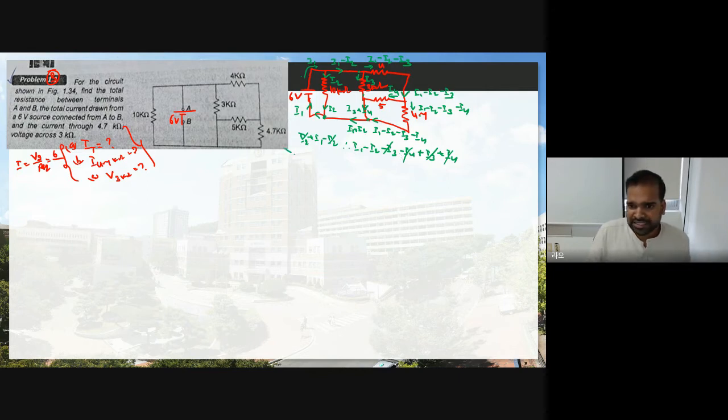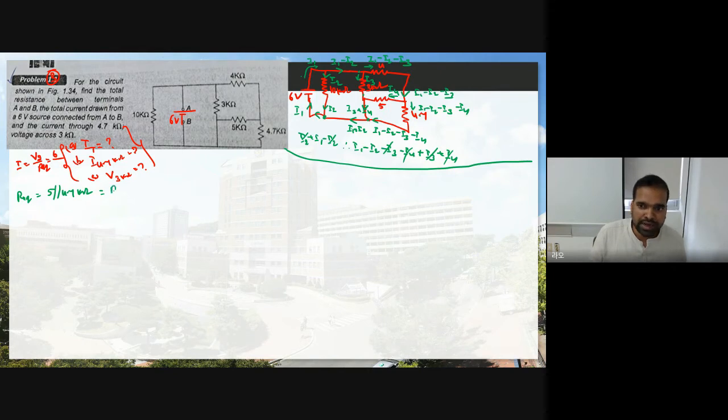Now see, this is just for your understanding. I have explained this one. Now from this conclusion, this 5 and 4.7 kilo ohm are connected in what? Parallel, because the current is different for 5 kilo ohm and 4.7 kilo ohm. So can I find the R equivalent? Of course. Suppose if I find R equivalent, 5 connected parallel to what? 4.7 kilo ohm. Then what is the equation?